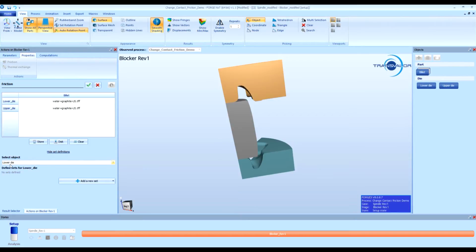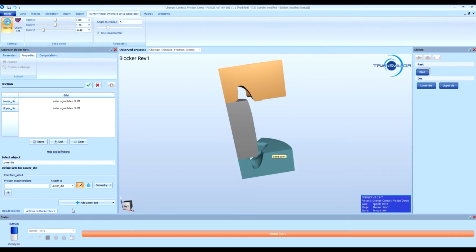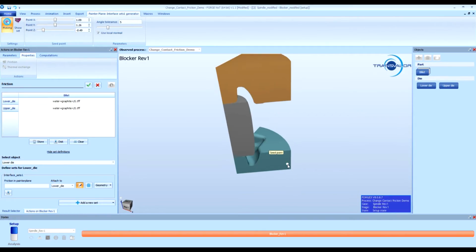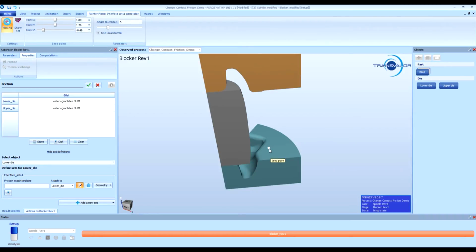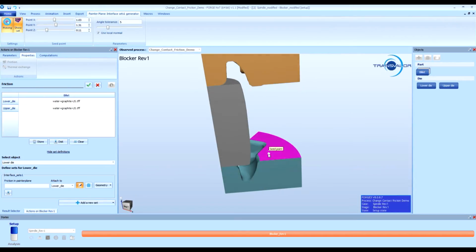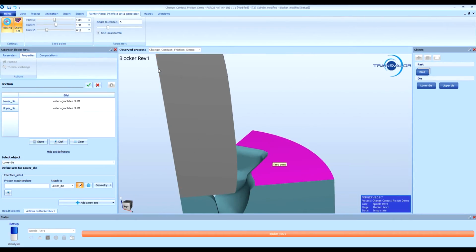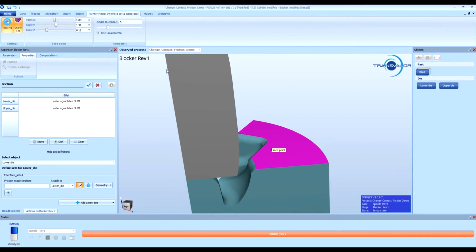The feature is available under Properties, the usual location to apply friction. The option Show Set Definitions enables the users to define their own set of friction on any object. The user specifies the object to apply the set, then selects through the set's options, here the painter plane, to define the friction zone. The particular painter plane option used here works by using a seed element and expanding the